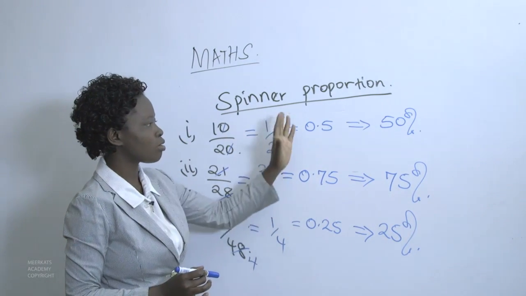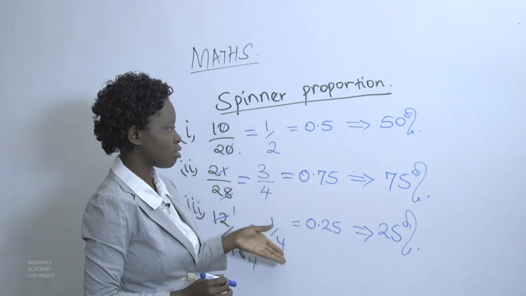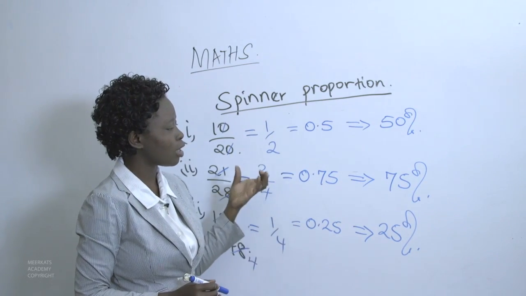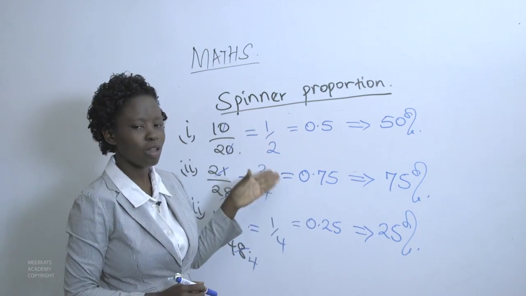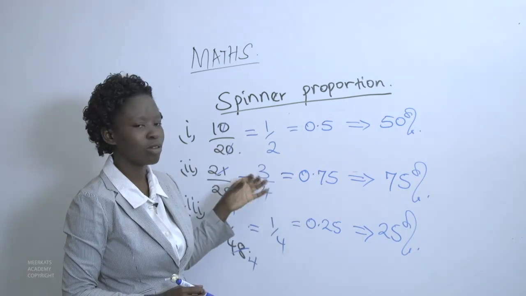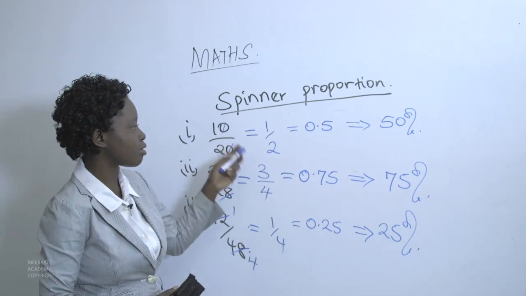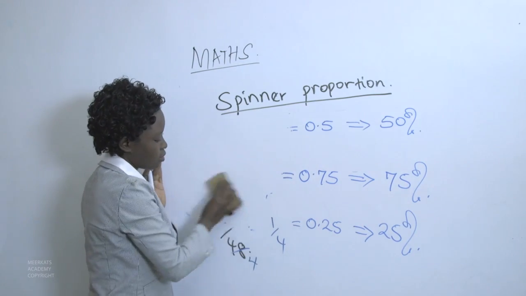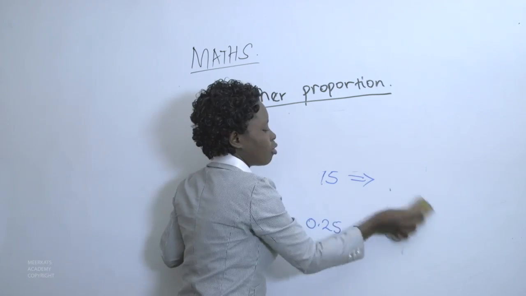So those are just examples of fractions, decimals, and percentages that we have. We are supposed to use these in describing the chances of events that we are going to be having. What chances are there for those events to take place? An example of a question that requires us to use percentages, fractions, and decimals in describing a chance is the following.